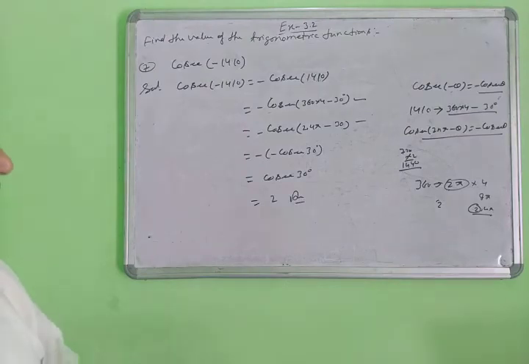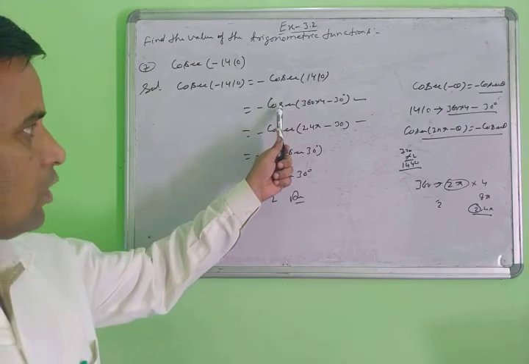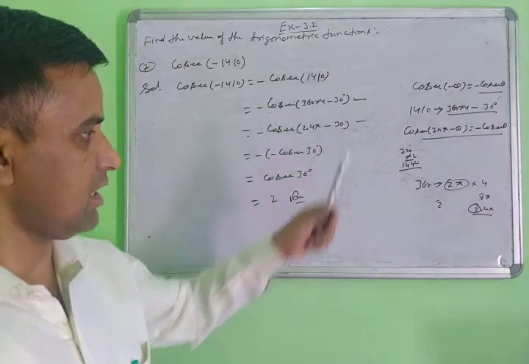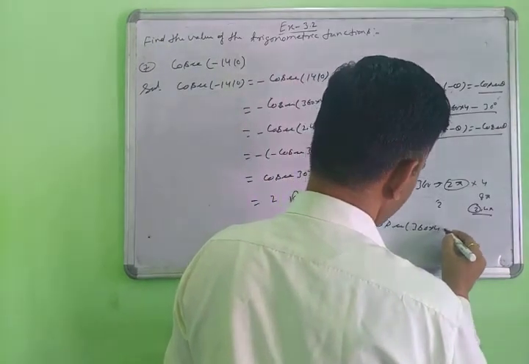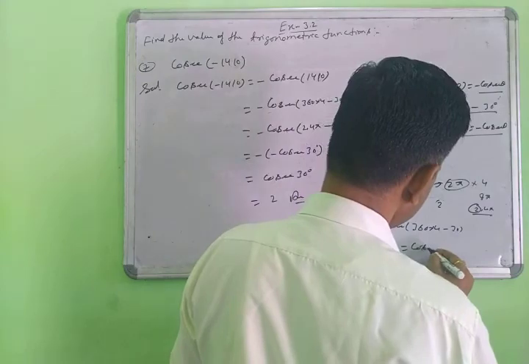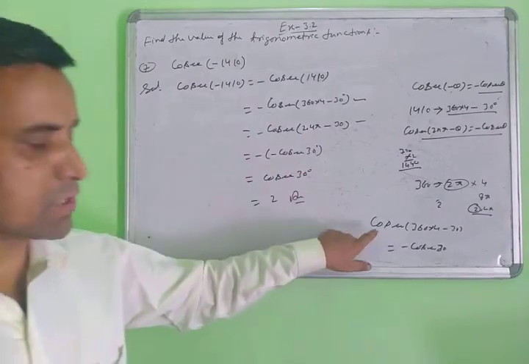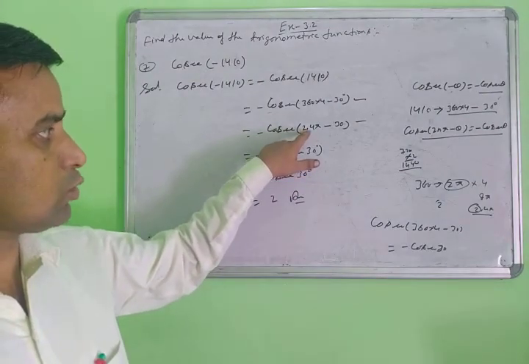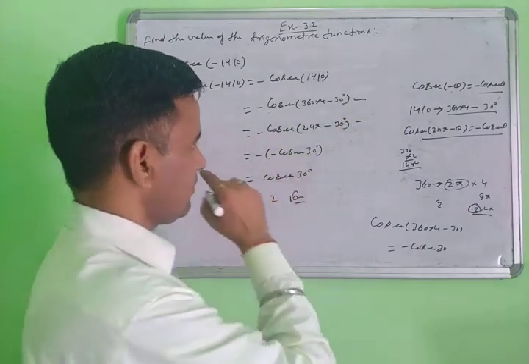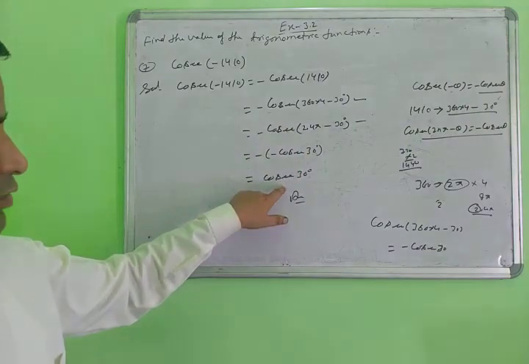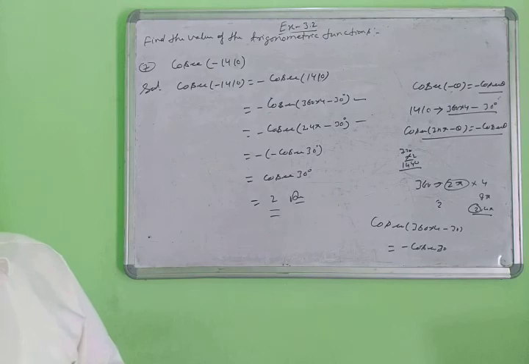It means you can solve directly in this step also: cosec of 360 into 4 minus theta gives cosec theta. Suppose you write the direct answer, cosec 360 into 4 minus 30, you can write directly minus cosec 30 degree. So this is also right. Or if you convert into 2 pi, 2 into 4 pi minus 30 degree, what will it become? Minus cosec 30 degree, and cosec 30 is 2. The answer is 2. Yes, note down. Then next.